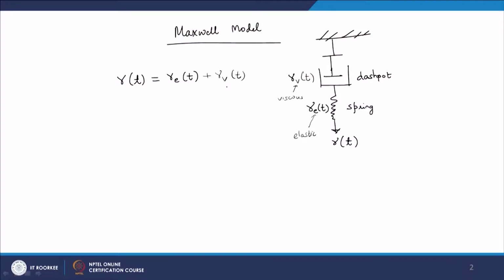The same thing applies for the shear rate. If I am applying some gamma dot, then it goes into gamma E dot plus gamma dot of V, and since the elements are in series,